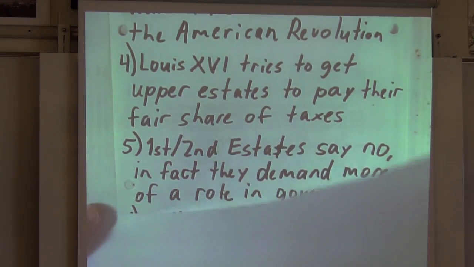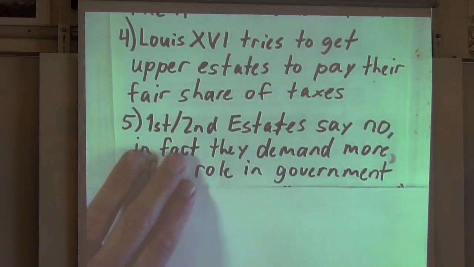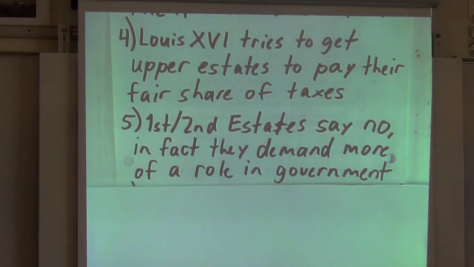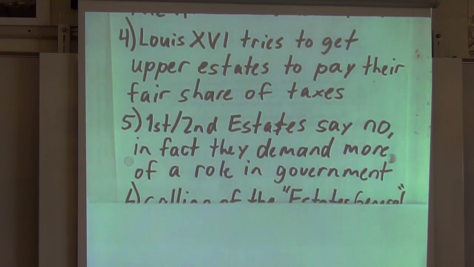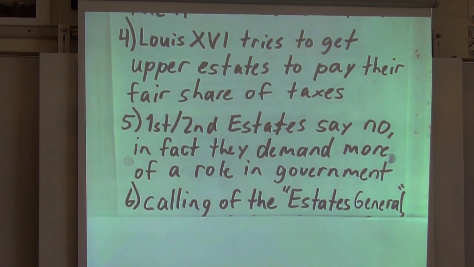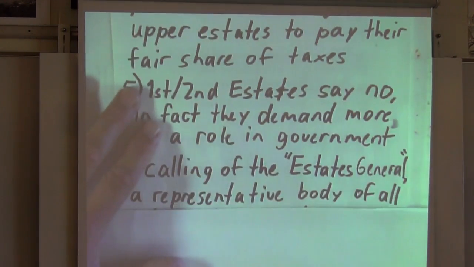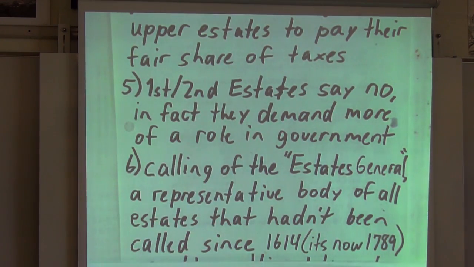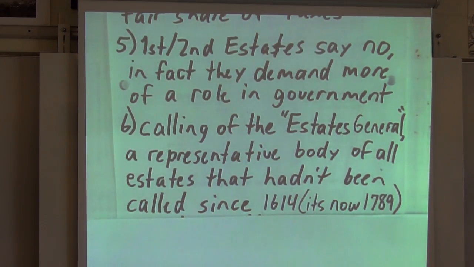Okay, now as you might imagine, the third estate is not happy about this, and so the representatives from the third estate demand something that is in France's constitution, and it's called the Estates Générales, the Estates General. And this was basically a body of representatives that would come together to represent the three estates. And it's not just three guys, it's hundreds of guys that were going to discuss what was going on in France.